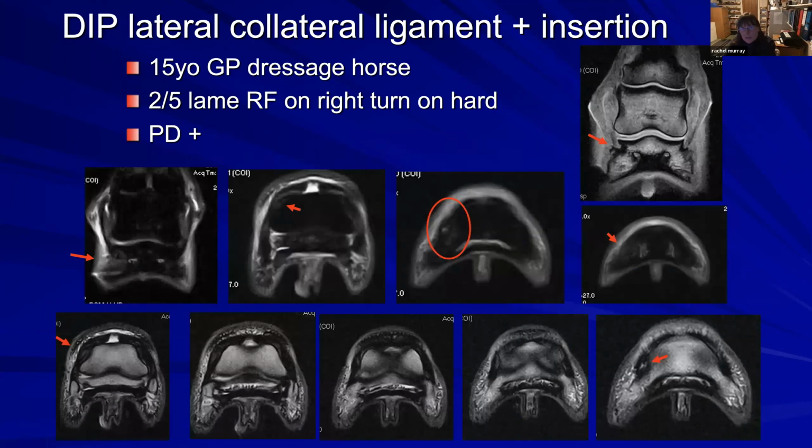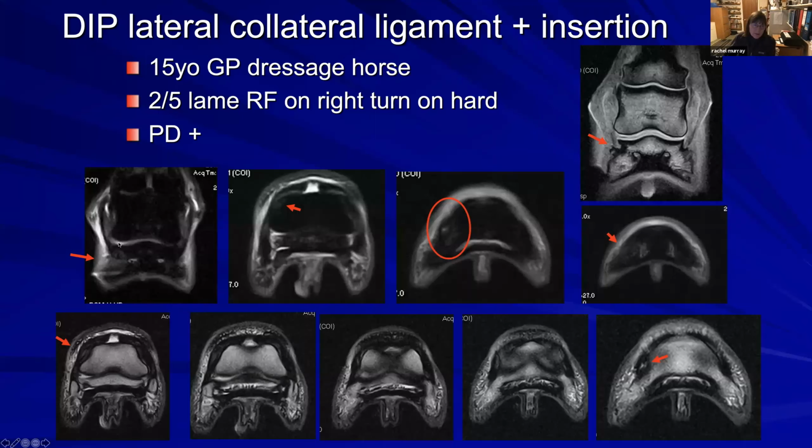What about collateral ligament injury? This is an example of follow-up in a 15-year-old Grand Prix dressage horse. This horse presented with moderate lameness, right fore, particularly on a right turn on a hard surface. And the horse was positive to a parasagittal nerve block. So on this MRI at this stage, we have got evidence of